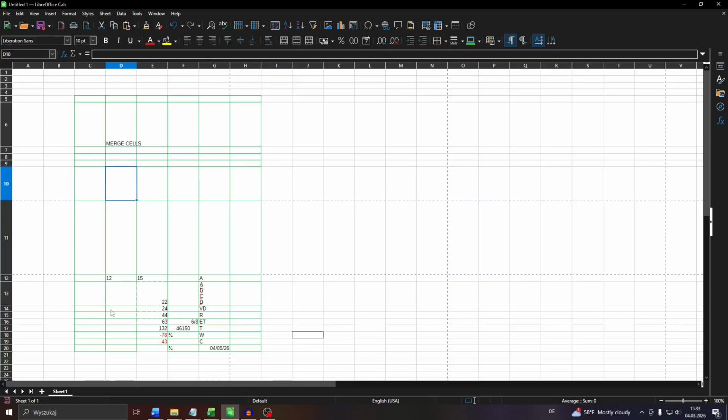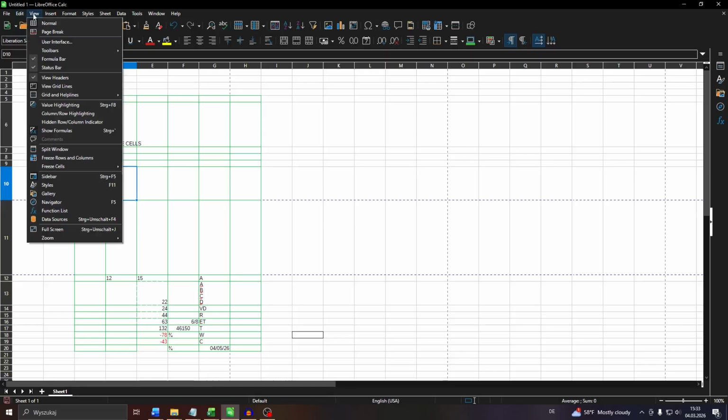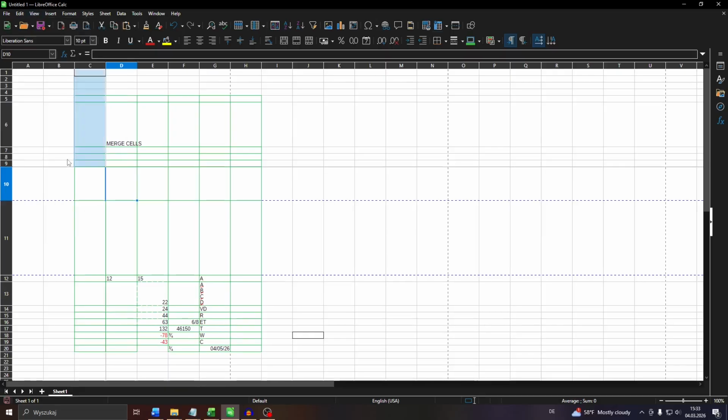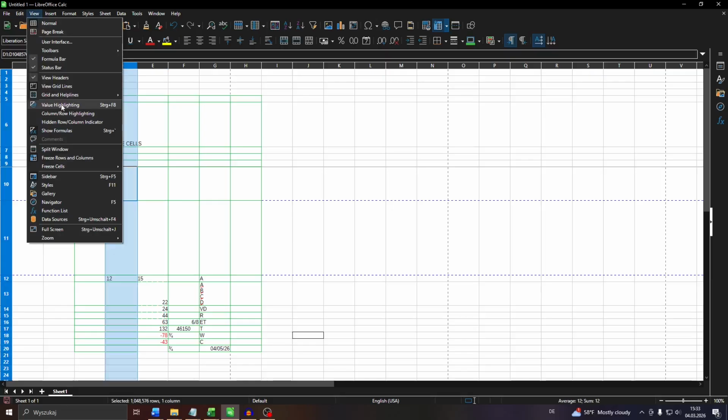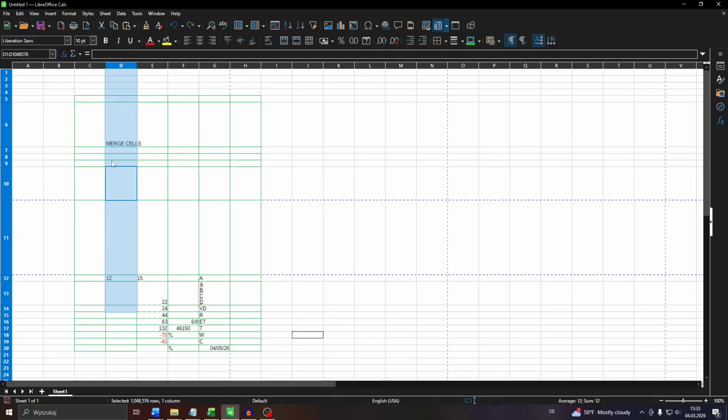Navigate to your spreadsheet or sheet on LibreOffice Calc, and you will find the freeze rows and columns option here in the top left under View. So what you want to do, guys, is select freeze rows and columns here. Of course, select the given row first, so I will go with that row here, select View, choose freeze rows and columns, or you can also freeze specific cells or freeze the first column, first row, and so on and